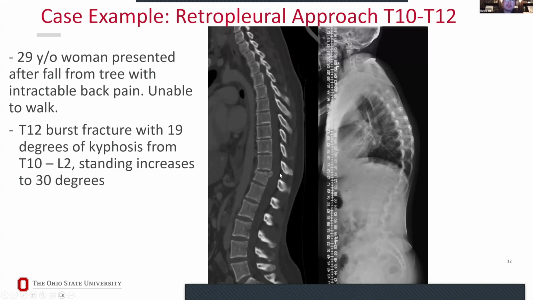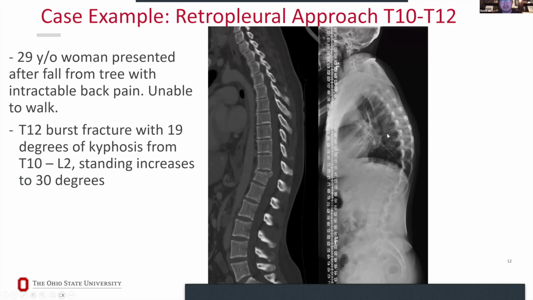When I showed this case to several peers elsewhere, I got a very split response from people. A lot of people said, you know what, this is a very mild compression fracture. It's a superior end plate deformity, which I completely agree with. But even though I think this is kind of a mild fracture, and yes, if you look at this scoliosis X-ray,